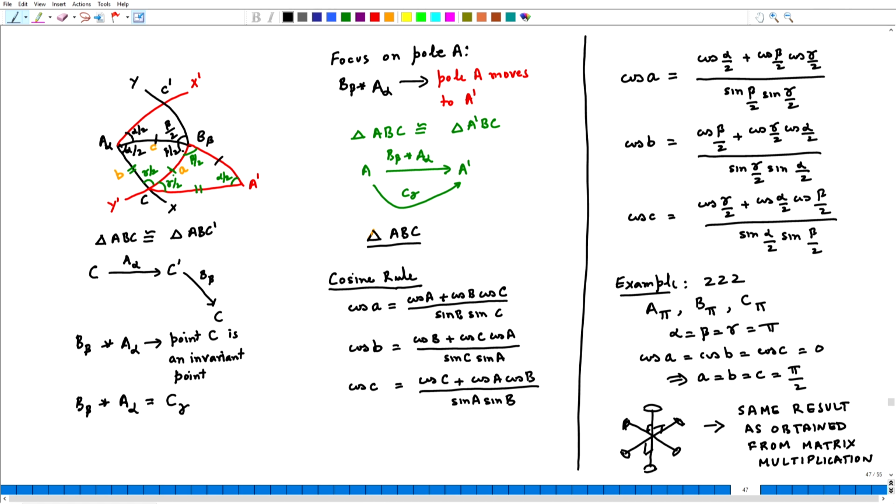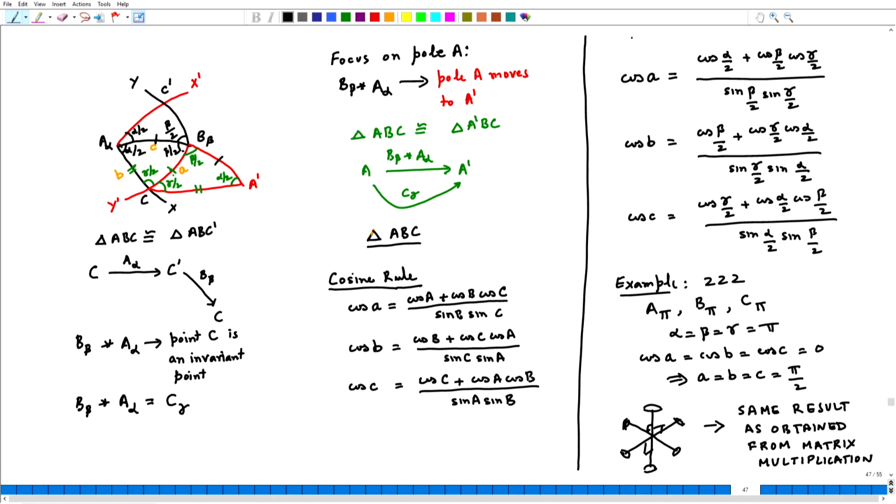Now, what I will do is I will stop this lecture here, but before you go to the next lecture, you can think about how to combine other rotational symmetries. For example, what would be the case if I had a 3-fold and 2 two-folds? What would be the case if I had a 2-fold, 3-fold and a 4-fold? When they combine, what should be the angles between them, and are there any combinations which are invalid? All of these results will pop out of these 3 equations.